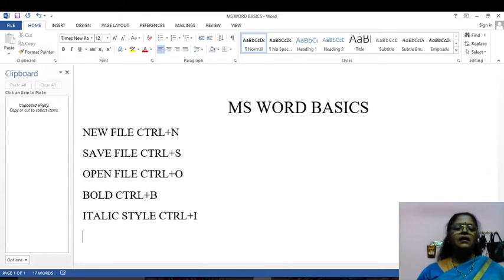Now I move to the next line. I want to do the underline. In your document, you can create a document. You can type a lot of lines, but some of the lines you want to insist are the most important lines. How can you notice it? How can you identify that it is the most important line? You can underline it. Okay, is it not? So at that time you can use this.